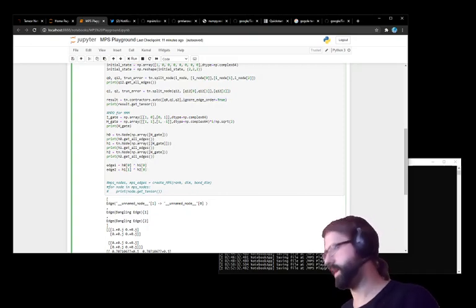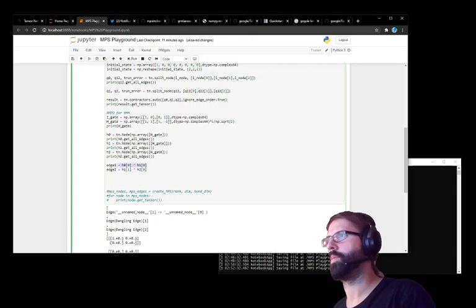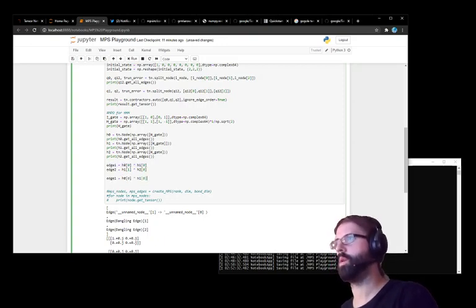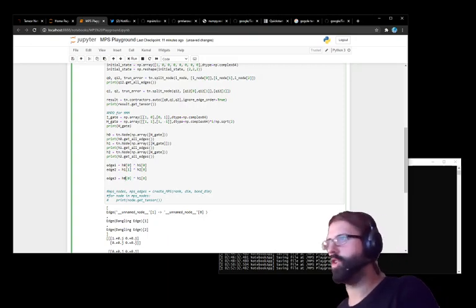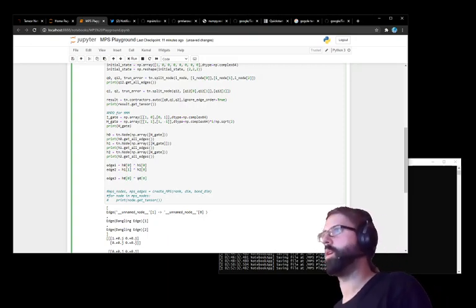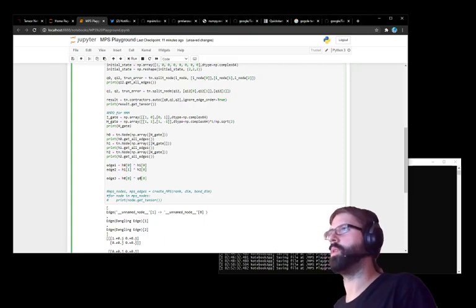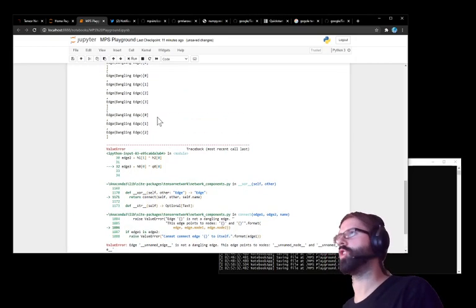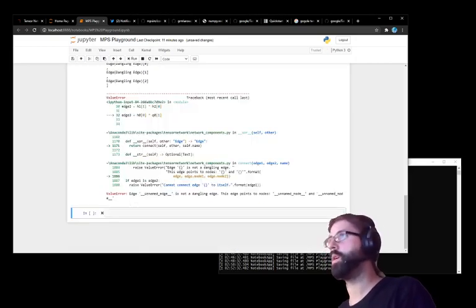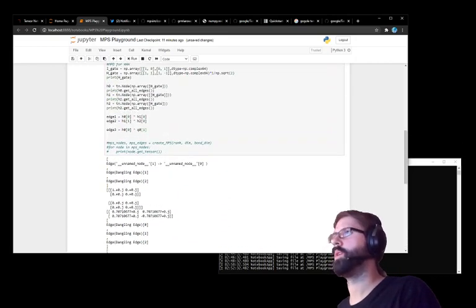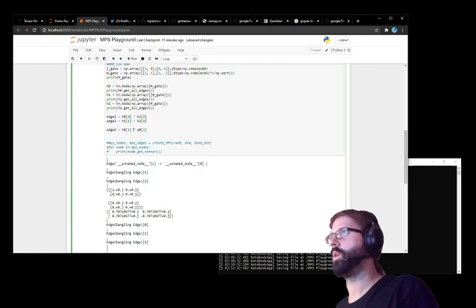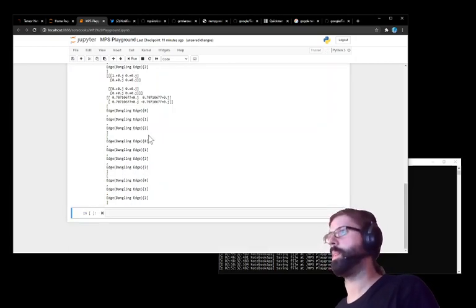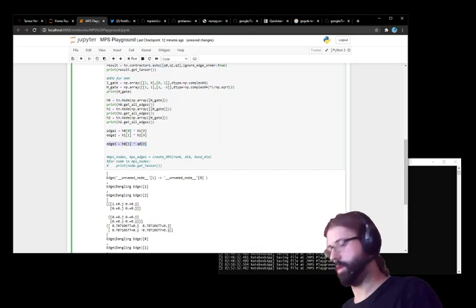So if I now go and say, so we're going to connect. So we're going to connect. So H0 with qubit 0. Can I do that? It's not a dangling edge. Sorry. H1 with. Okay, that worked. I'm going to connect